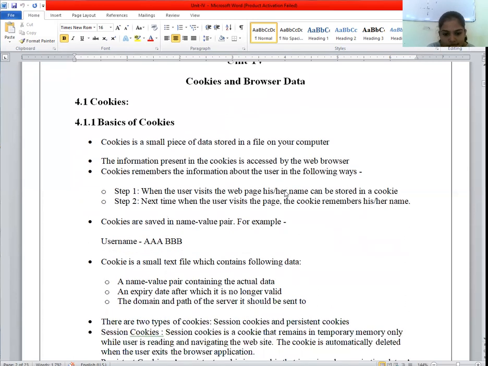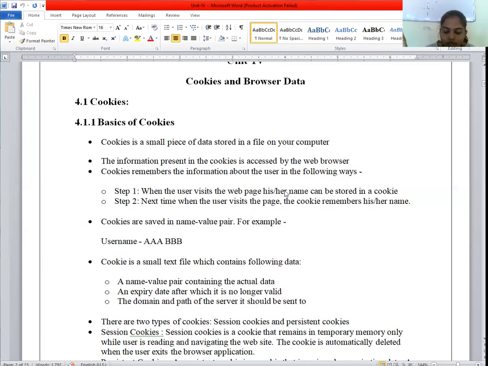When the user visits the web page, his or her name can be stored in the cookies, because every time you log in to a website or web browser, the account through which you access that browser is stored.